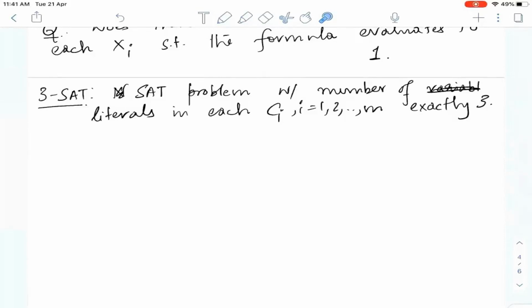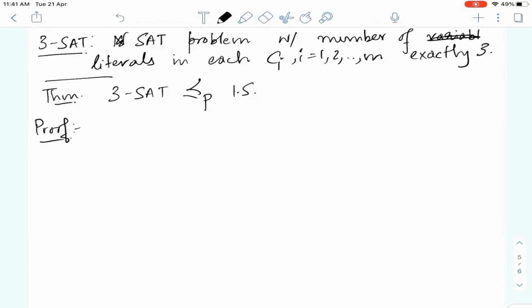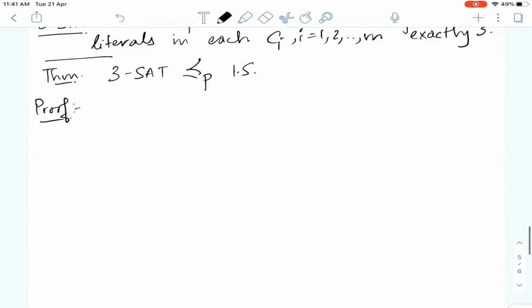What we'll show today, or at least start proving, is the theorem that 3-SAT reduces to IS. Good. So let me show you the construction first, and probably I won't have time to go through the entire proof, but let's see how much we can do. Given a 3-SAT instance,